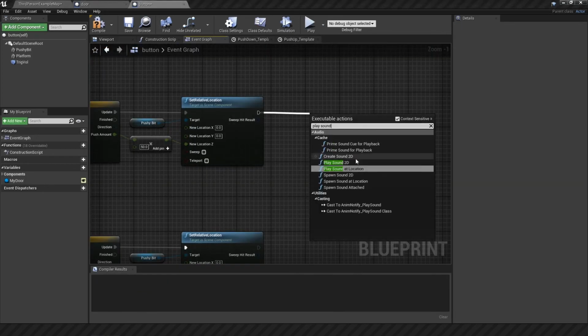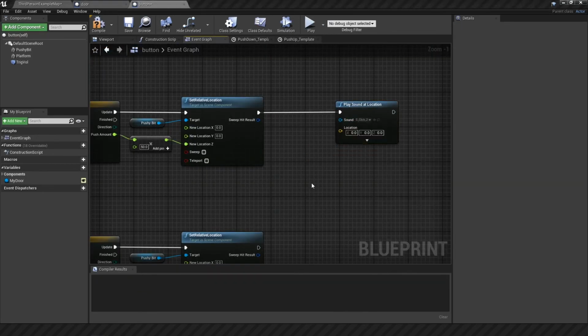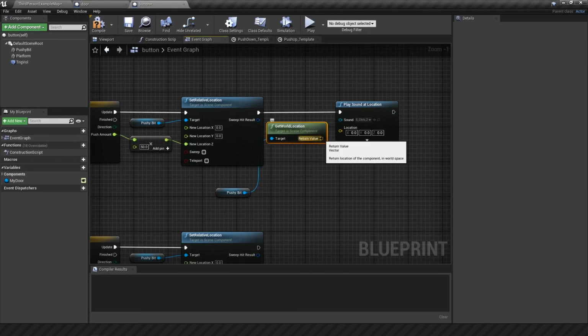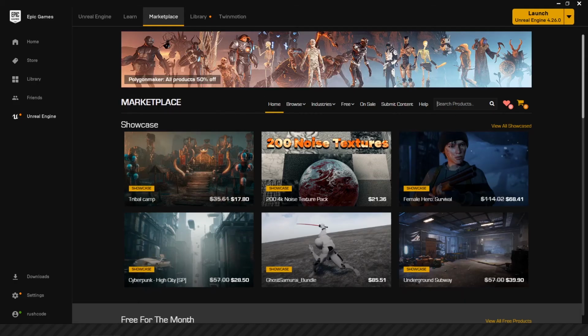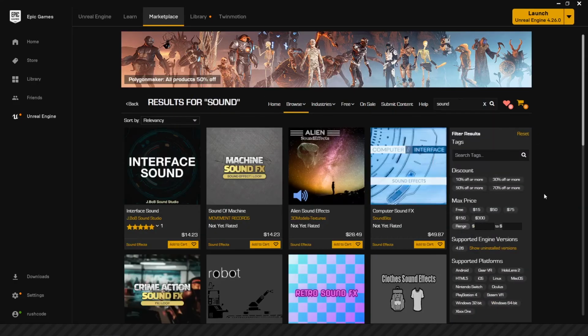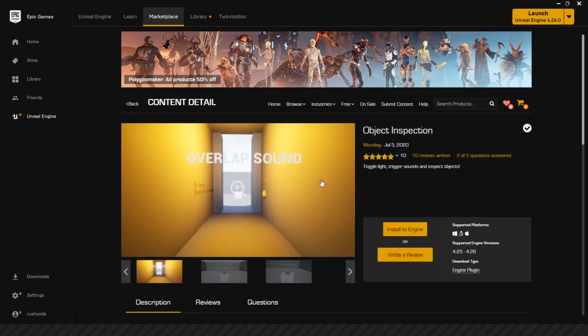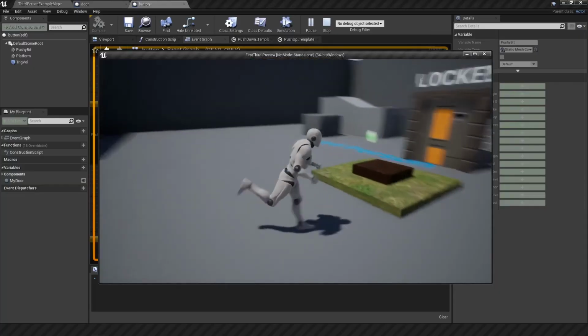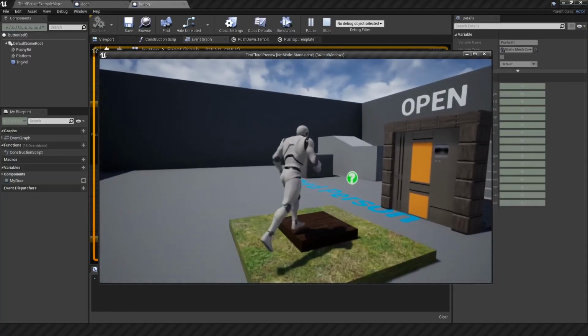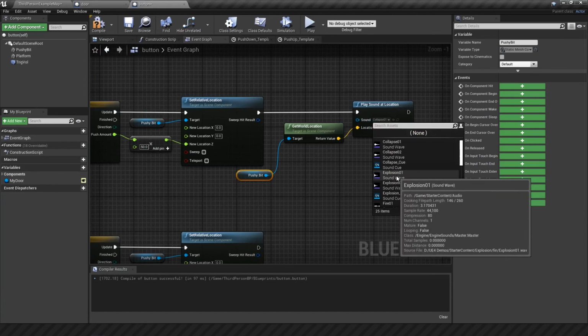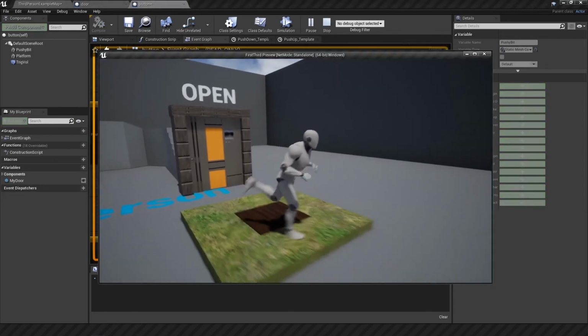The final thing I wanted to do was include a sound effect for when I step on the button. And I got my sound file by going to the marketplace, doing a search for sound, filtering for free results, selecting object inspection, and installing that to the engine. And whether it was a click or an explosion sound,